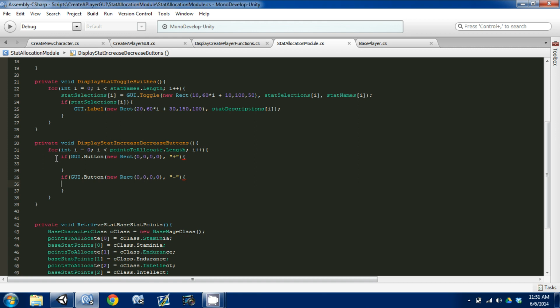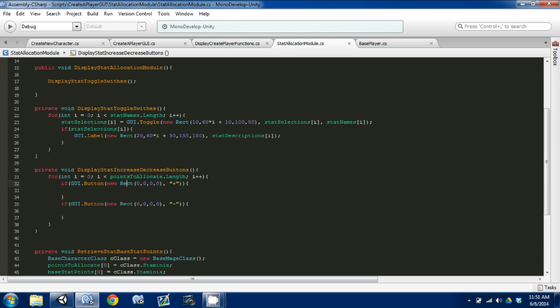So what we did here is we're creating a plus and minus button. I am missing a parentheses here on both lines. So what we're doing is we're creating 6 plus and minus buttons. Right now they're all located in the wrong spot, but basically we're generating all the buttons we need for each stat value. So now we need to place them to the left or to the right of our stat selection